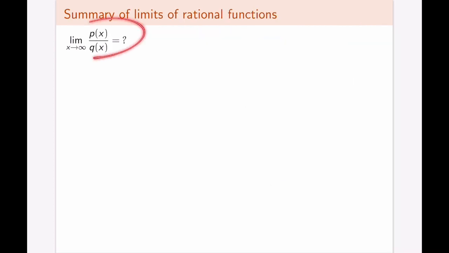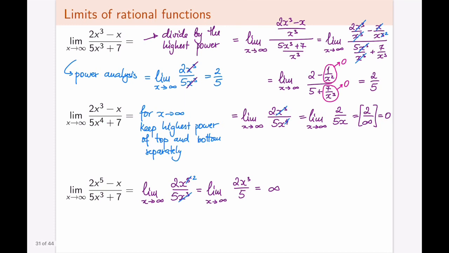So let's say I have a very general case of the limit as x goes to infinity of a polynomial divided by a polynomial, so a rational function. Can I come up with some kind of rule for what that limit might equal, given our experience from the previous slide? Let's take a quick look here. We noticed that when we ignored lower degree terms, if the higher degrees matched up perfectly, I ended up with a number as the answer, and the number being the exact ratio of the coefficients because the highest powers simply